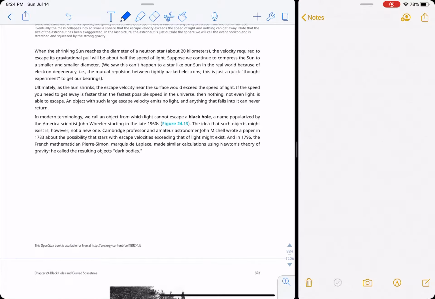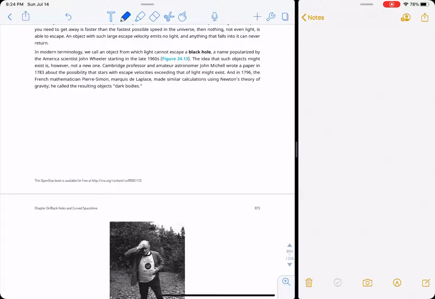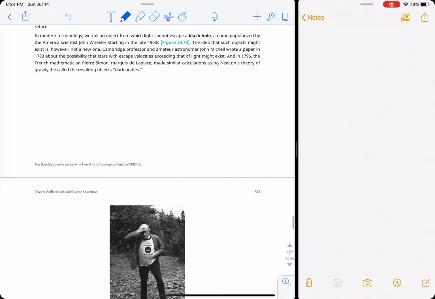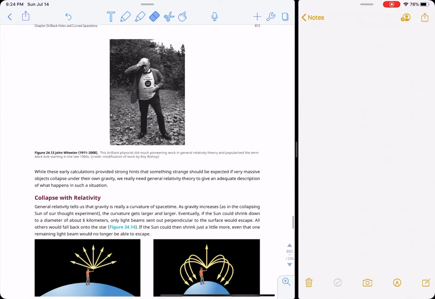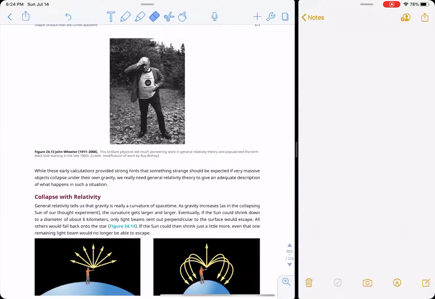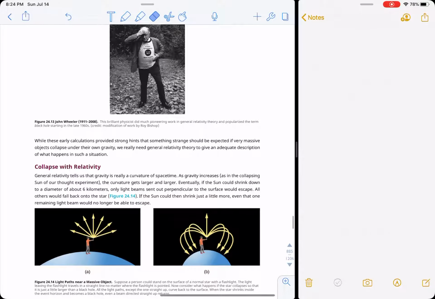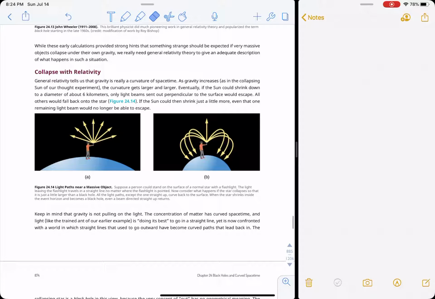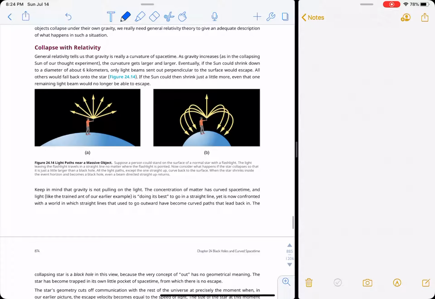They started talking about dark stars a long time ago. Maybe the gravity is so strong that light can't escape, if light has a constant speed and that kind of stuff. There's dark bodies, dark stars terminology, a bunch of stuff. But John Wheeler's probably one of the most famous of the physicists that worked on the problem of using general relativity to try to understand cosmology and black holes. So the idea here is that when you're on the Earth, there's low enough gravity that light can just fly away. If you're on a black hole, the gravity is so strong that light gets curved back towards the planet.